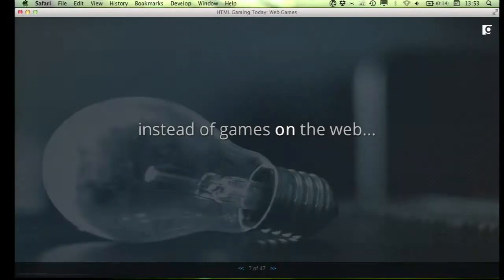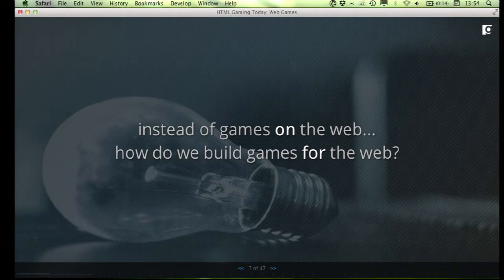And I think there are a lot of companies that are doing this well. Zynga springs to mind. But there's also a lot of games that are basically just being copied wholesale from past genres onto the web. And there's nothing wrong with that. But I think it's a really exciting time right now to look at our medium and say, can we build games that are designed for the web and really leverage the services, the social aspect, and the connectivity of this medium to build new genres of games and really engage users in different ways? And I think that's where things get really exciting.